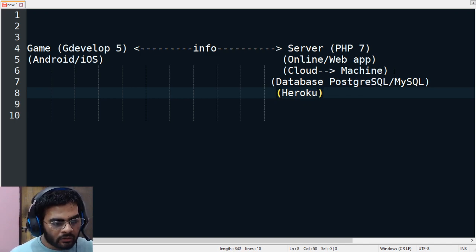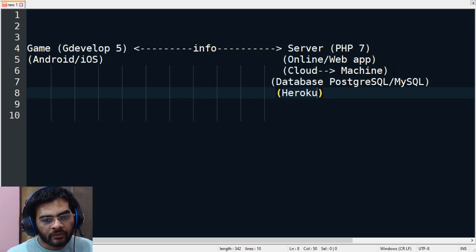Heroku. So Heroku is basically a service which provides you the ability to create web apps on their infrastructure. They have an infrastructure, they have machines, and they provide an interface to us using which we can create web apps in their machines.